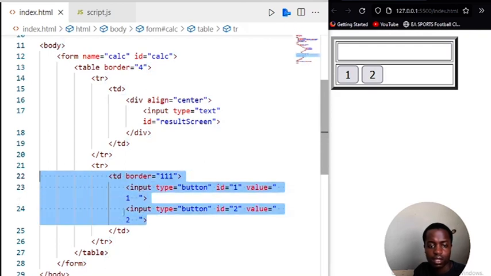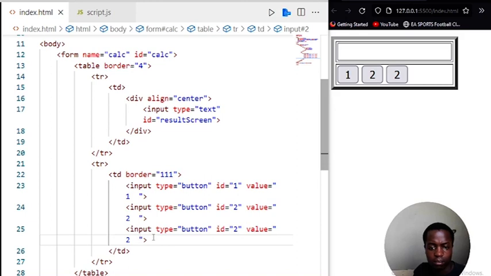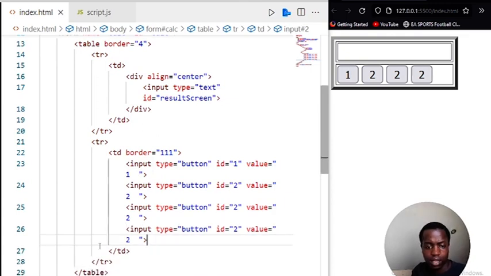I'm just going to copy this line just so I have a reference of it. Ctrl S, so it tidies things up for me. That's why I love Visual Studio Code. Once I press Ctrl S, it tidies it up for me instantly, which is pretty neat. So I'm going to copy that again and then change 2 to 3,